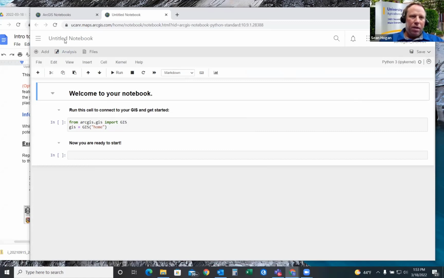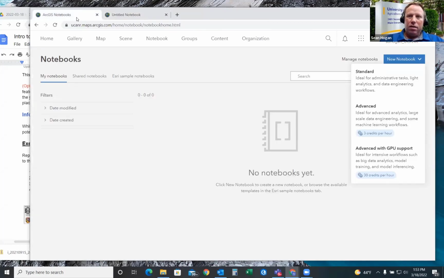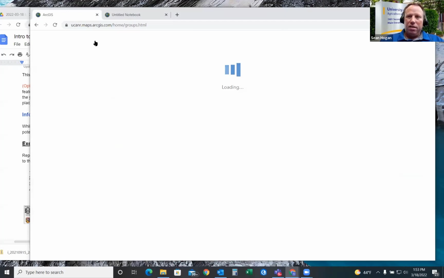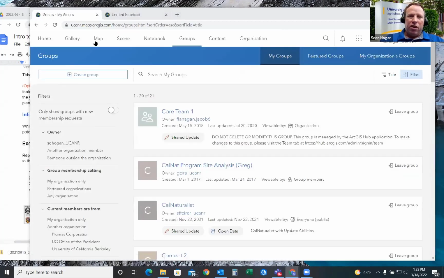Moving on. Oh, I got to go back to here. Oops, my zoom's in the way. So you get the options across the top. Now I went through notebooks, groups. Under groups, you'll see all kinds of groups. Earlier you saw where I went to share it, and there were options for sharing to everyone, sharing to organizations, or sharing to groups. This is where you can set up groups of people, say in teams within your organization,